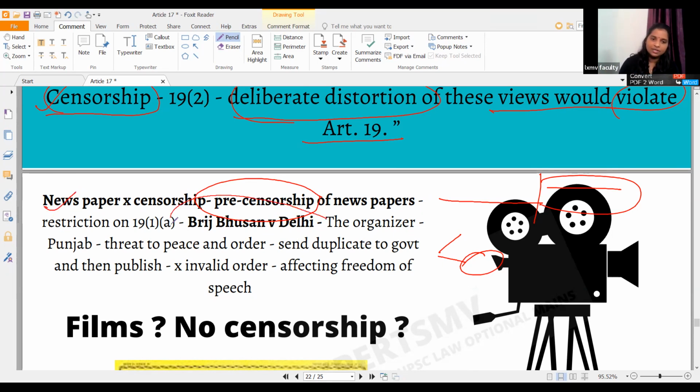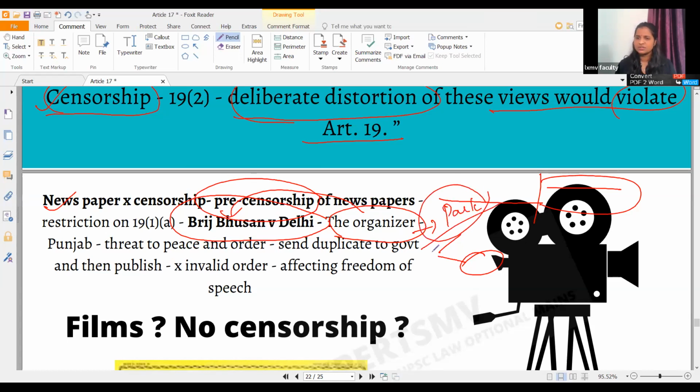We have a case law, Brij Bhushan versus Delhi. There was a very famous magazine called The Organiser, run by Brij Bhushan. It was disseminating a lot of information about Pakistan and war and their officials, all those things. If at all they were giving out some atrocities about Pakistan, I don't say Pakistan is doing atrocity, they were giving out all those news. At that time, what happened is that the Punjab government started to give an order saying that this